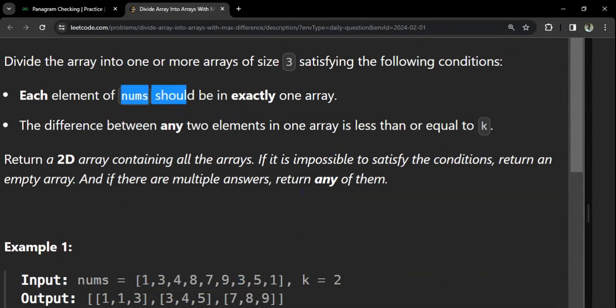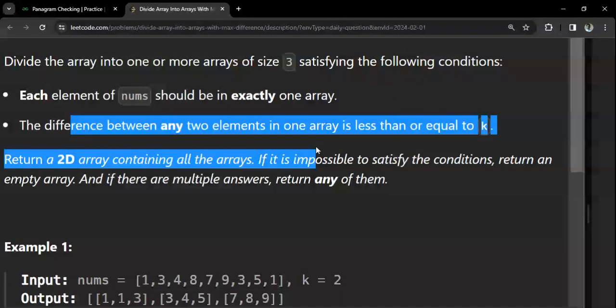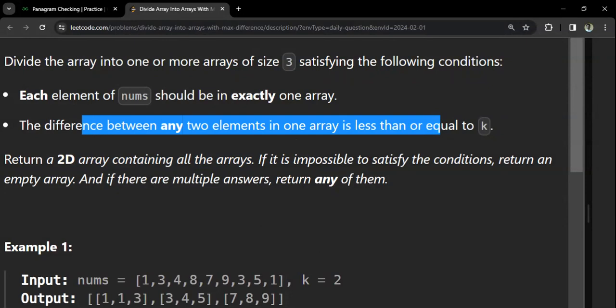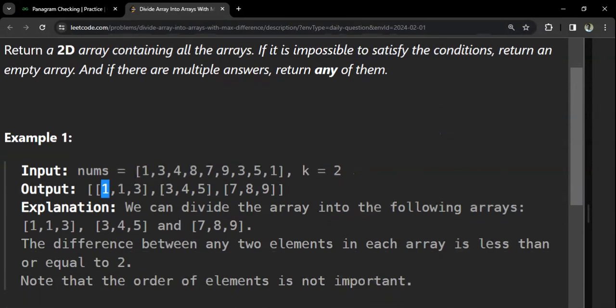Okay, that this condition is satisfied. Now coming to this part, we'll start to understand this part by seeing the first subarray. See this subarray. Between any two elements, what could be the maximum difference in this particular subarray? As you can see, we can do 1 minus 1, we can do 1 minus 3, or anything like that. In this case, 1 minus 3 is going to contribute the greatest possible difference, which is